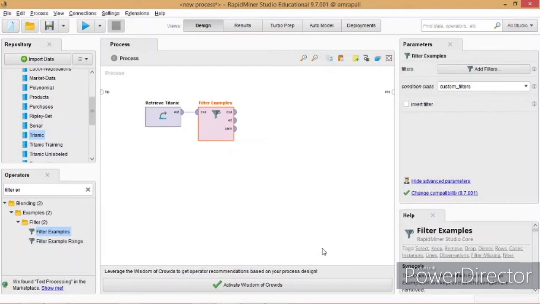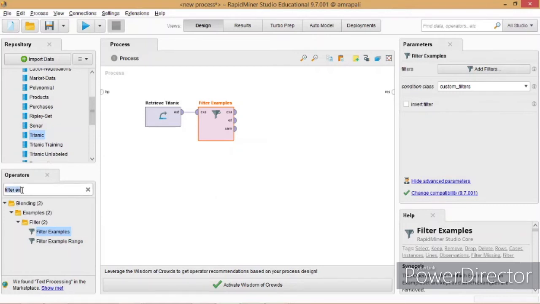Remember that data flows between the operators, so an operator's connection can influence its parameter. For example, how could the filter operator know about the column if it is not connected to the data source? The next step in our experiment is to sort to show the highest fares first.